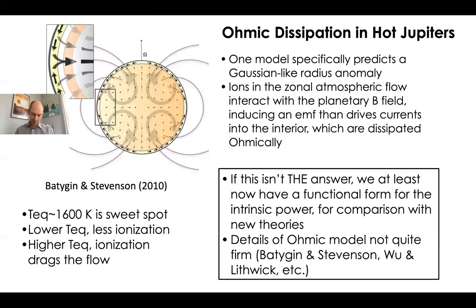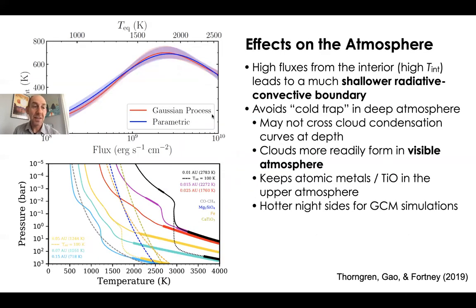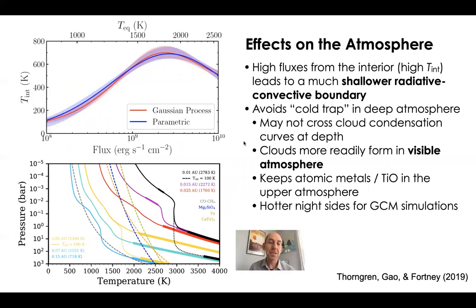I want to point out one more thing, checking on the time here. I just have a couple slides left. One of the things that I like to investigate is sometimes the atmosphere interior connection. And so it turns out that these anomalous interior energy sources can have an impact on what's happening in the atmosphere of the planet. So instead of looking at this epsilon number, we can think about how this additional power